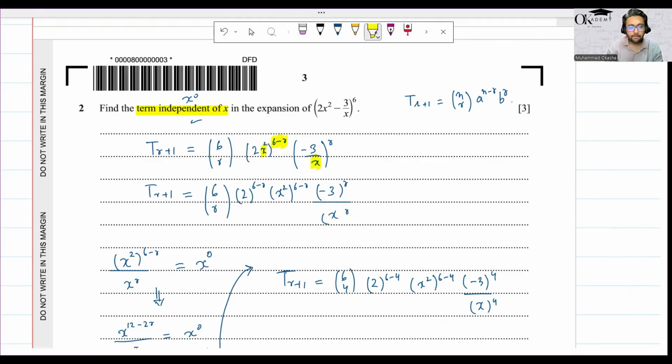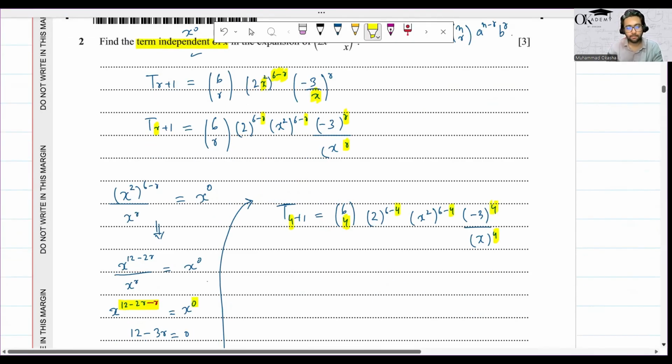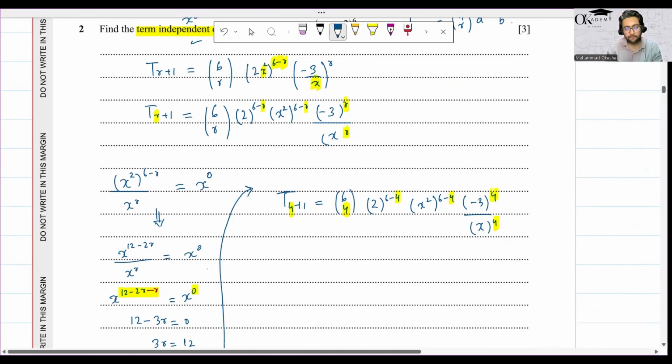So I hope you noticed what I actually did over here: wherever I saw r, I put a 4. So instead of r plus 1, this is going to be 4 plus 1. If you can see that, instead of r we have a 4. Now I'll solve it, and this is going to be really easy now. T to the power of 5,